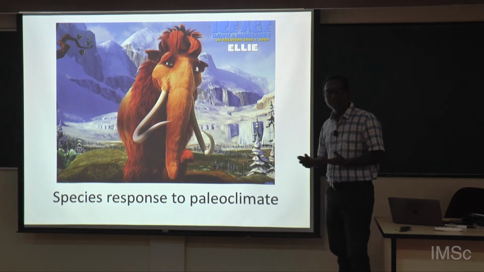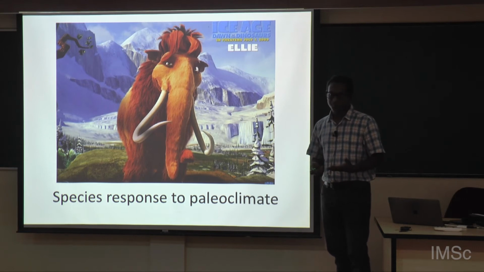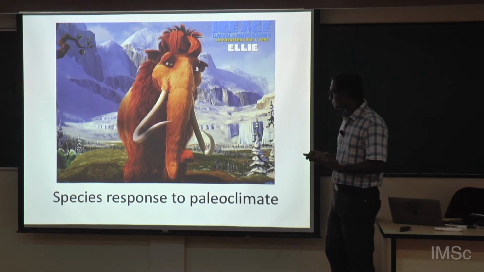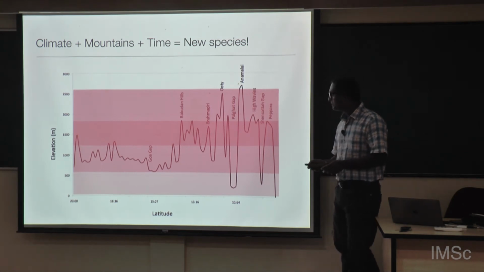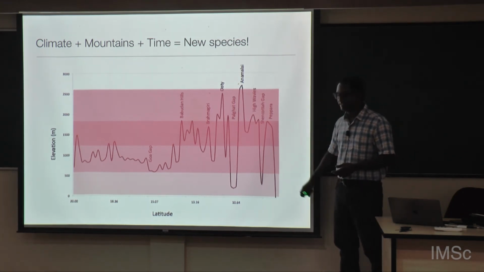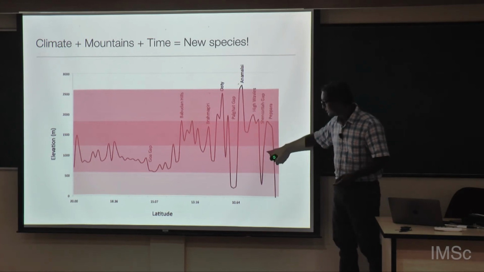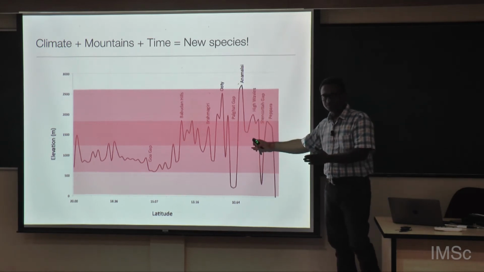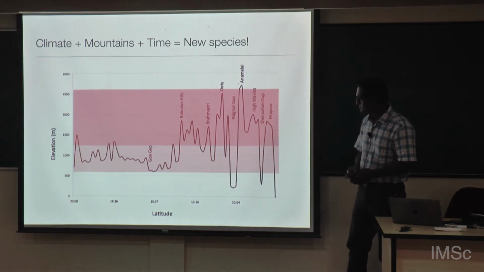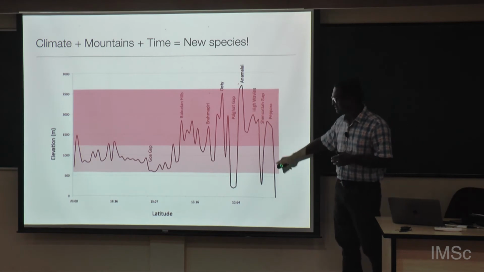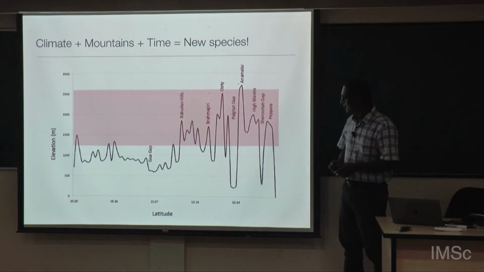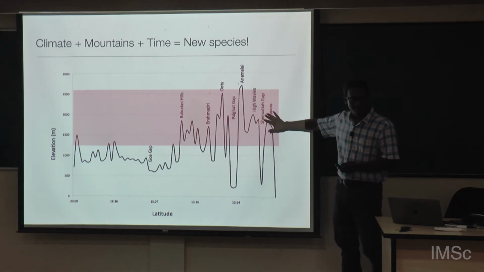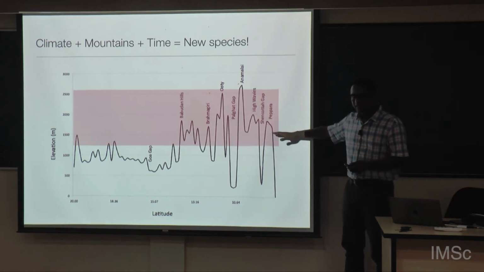But actually the climate interacts with the landscape, and we speculate that maybe these birds were initially found everywhere all through this. So this is the cross section of the Western Ghats, and maybe as the climate changed, they went up the mountain, and until they got kind of restricted up there. So you can imagine that